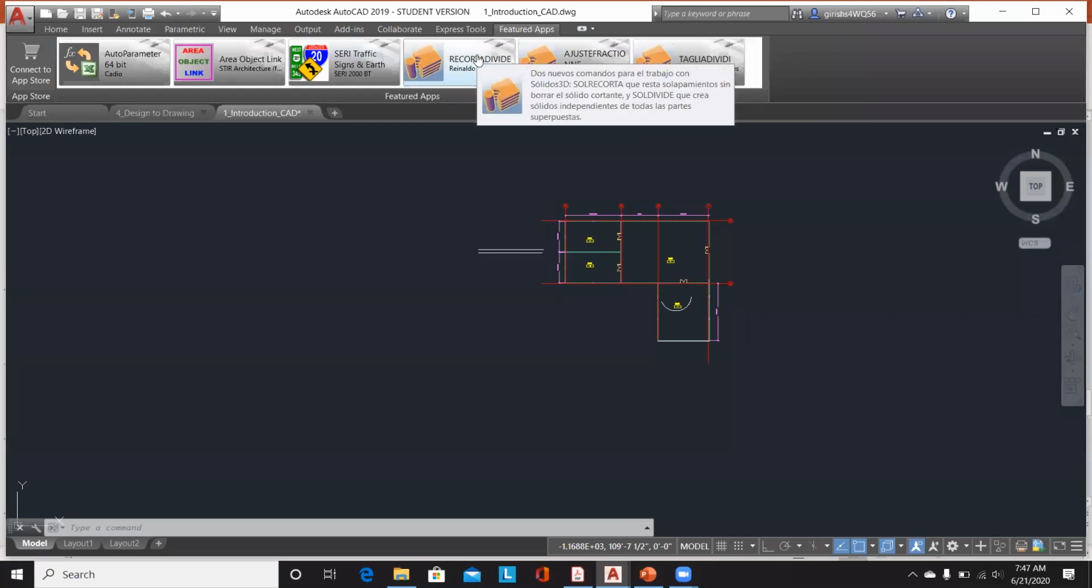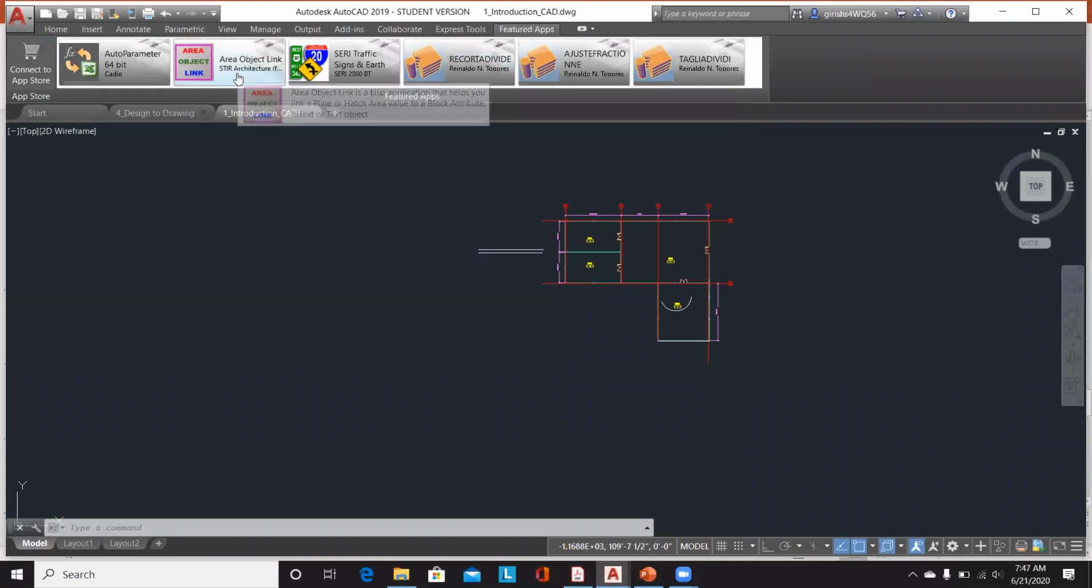And then if you are looking at certain aspects, it lets you convert your drawing into a 3D aspect. Or if you want an area object link, it's an application that helps you to plan or hatch area to